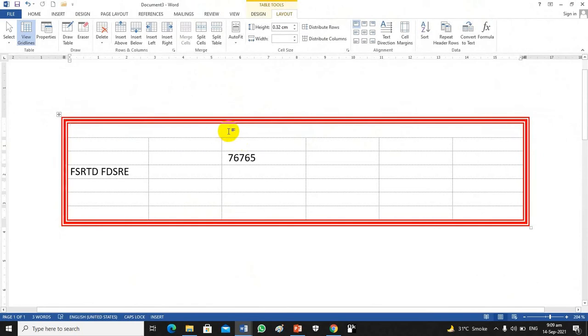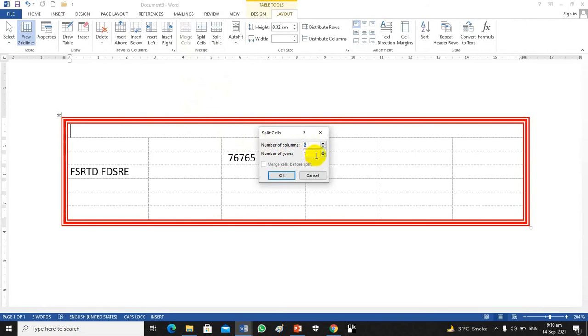Merge means merging two or more cells, and it will become a single cell after merging. In the same way, if I want to split the cell, what is meant by split cell? A cell will be split into two. Split means to distribute. I will click on it and now you can see the number of columns, how many columns you want. The rows will remain one because here is only one cell, and if you want to add more columns you will add more.